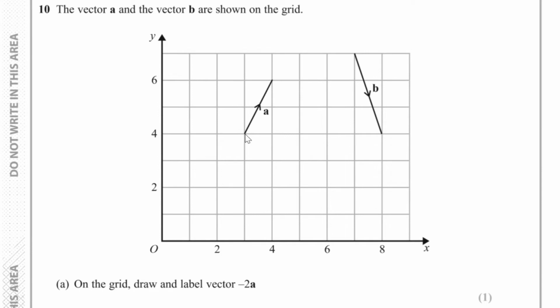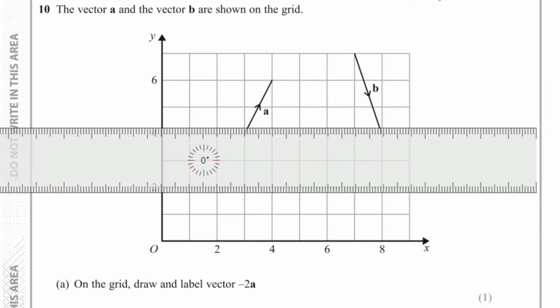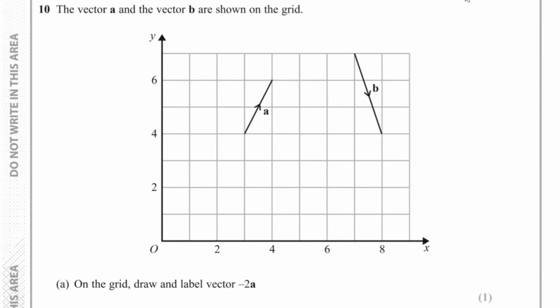Well, if A, we are going 1 to the right and 2 up, the opposite of that would be to go 2 to the left and then 4 down. So here, we have the vector negative